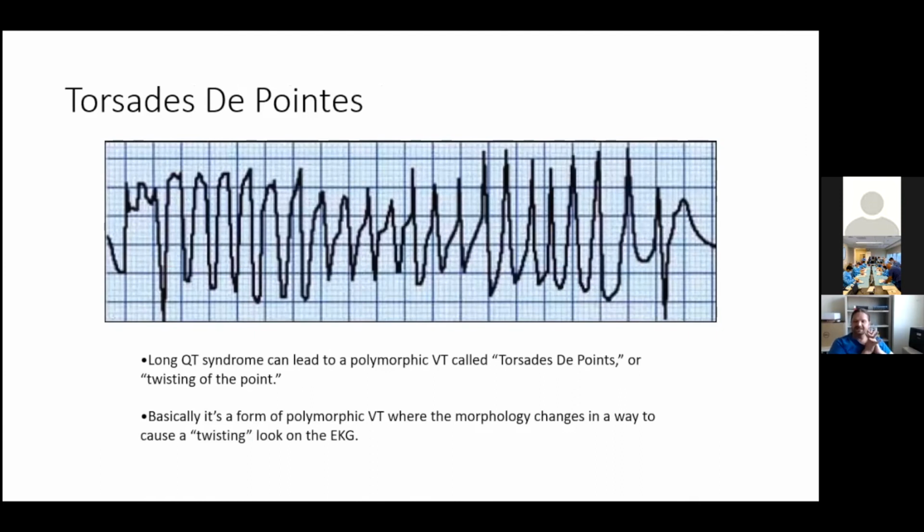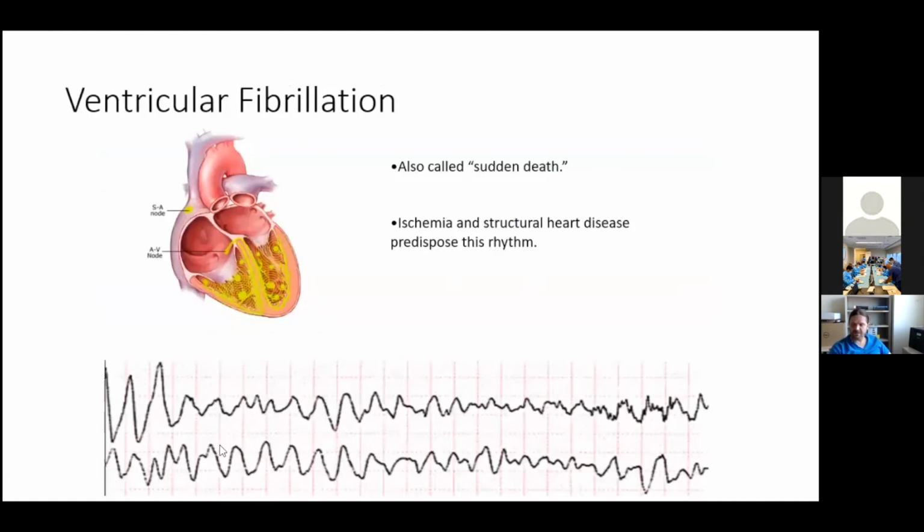Torsade, this is a rapid rhythm that is usually pretty easy to recognize when it's happened. Patient will be totally unstable, predisposed by long QT. VF, sort of similar to Torsade. I always make the comment, this is also known as sudden death. So ischemia and structural disease are two big things to be looking for whenever we see people have this. Obviously, we're treating electrically and trying to prevent this from happening again.